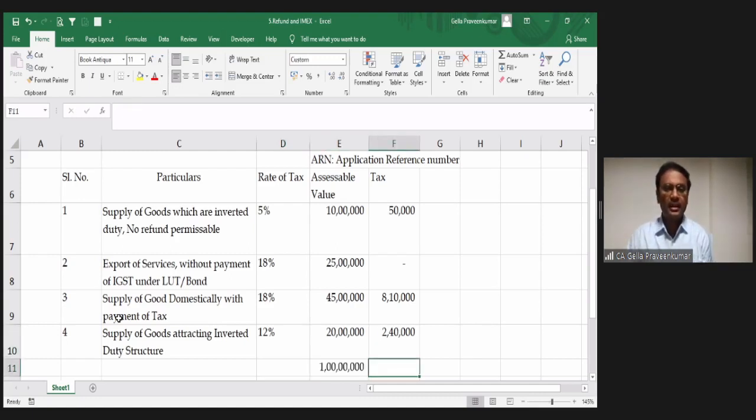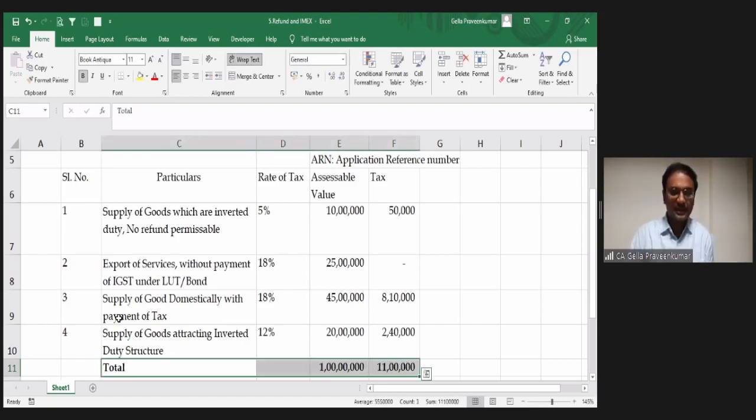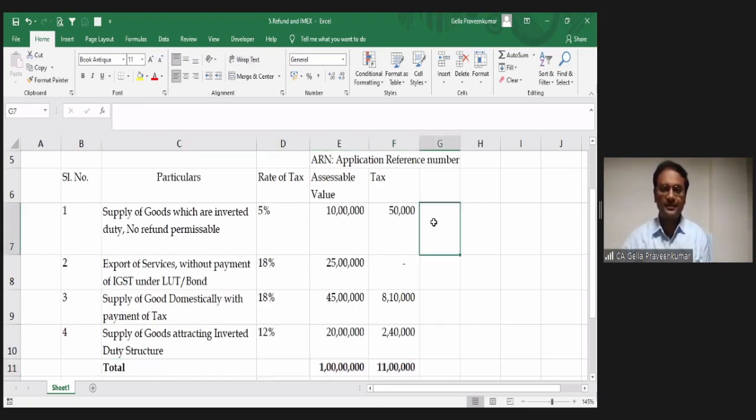my total value of supplies and total value of tax payment is this. So I'll put it as total. Now, total supplies during the month is 1 crore. I repeat, my total supplies during the particular tax period is 1 crore. Now, assuming my input tax credit,